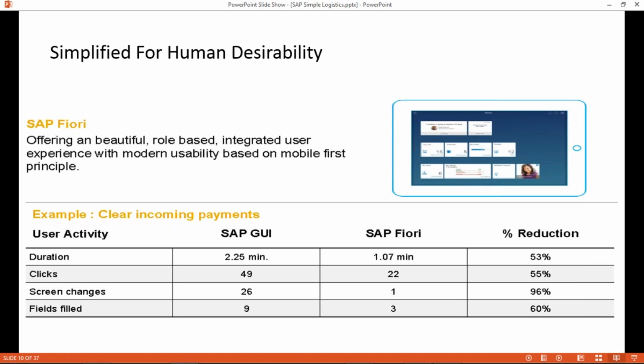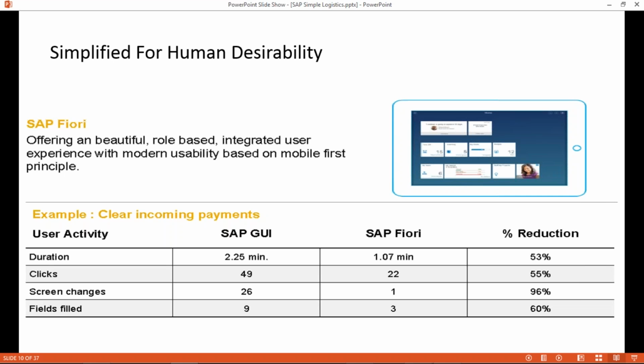When it comes to SAP Fiori, it will be 1.07 minutes, so there is a reduction of 53%. And for clearing an incoming payment, you click 49 times, whereas in SAP Fiori it will be 22. Screen changes will be around 26 screens, and in SAP Fiori it's a single window where you can do the whole